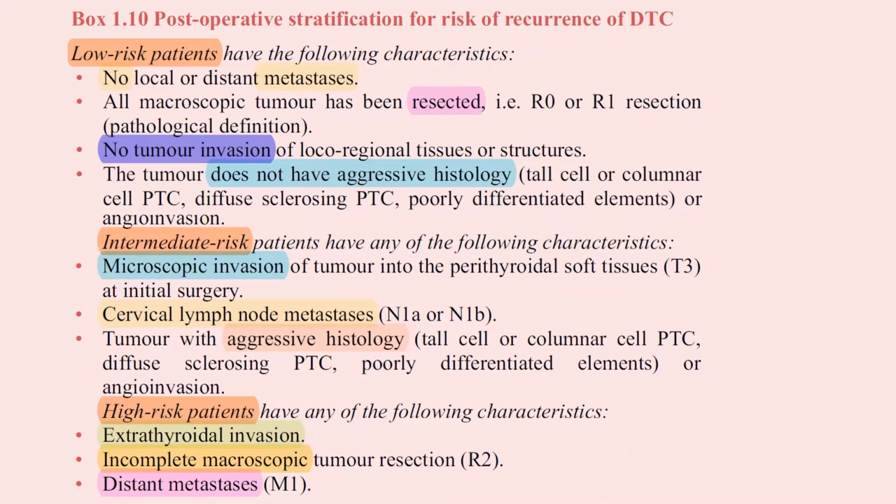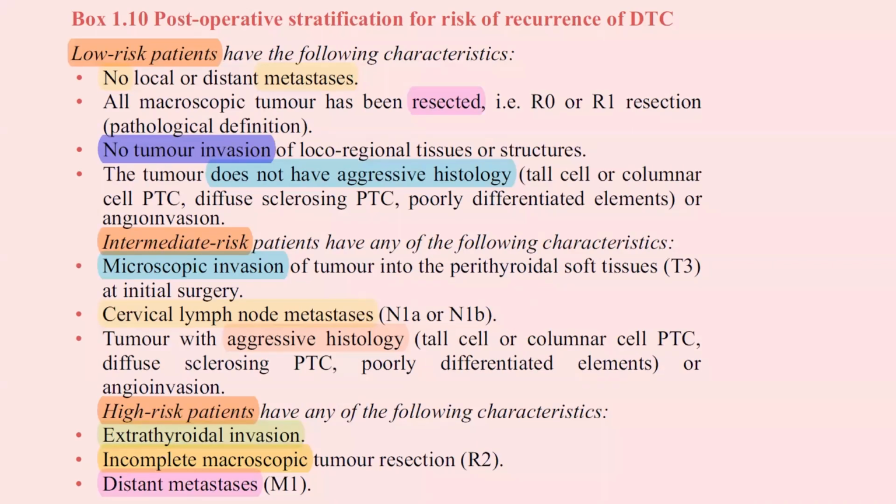In intermediate risk, in this situation we can give radioactive iodine ablation therapy, and the TSH target will be lower than in the low risk patient but not suppressed like in the high risk group. Who will be